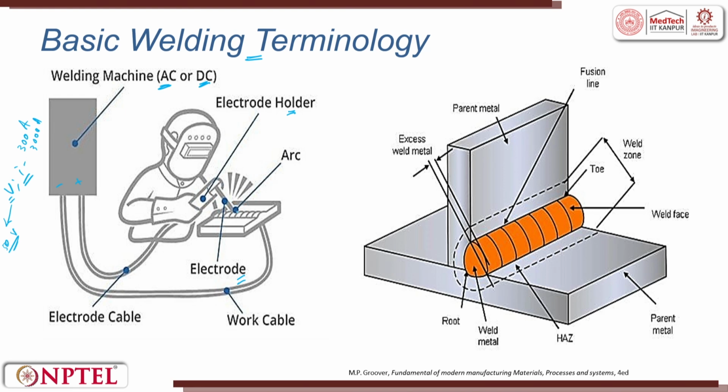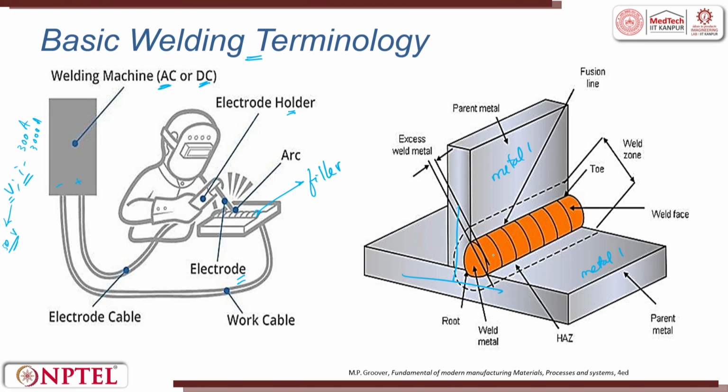So, when we try to melt material and flow, this is called the filler, which is melting and flowing inside. If you zoom it out, you will see something like this. Here it is a flat plate, but here we are trying to demonstrate a T joint. This is metal 1, this can be metal 1 or metal 2, whatever it is. So, when you have these two perpendicular, you are holding them, now these are free, and now you are trying to join. When you are trying to join, there is a filler material which is flown, which tries to join metal 1 and metal 2, or a flat plate and a perpendicular plate.